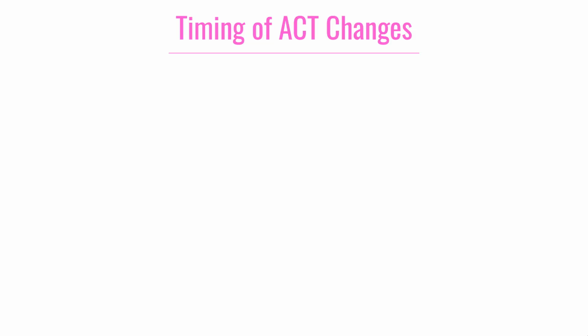First, let's talk about timing. The changes aren't taking place until the spring of 2025. So right now I'm doing this video in August of 2024, and so we don't expect to have any changes until maybe 6 months to a year. They're planning to roll out the first changes in April of 2025 for those taking the digital test. And then all tests, paper and digital, will have this change in September of 2025. So if you're used to taking the test on paper, you're talking about a year from now before you'll actually see the changes.